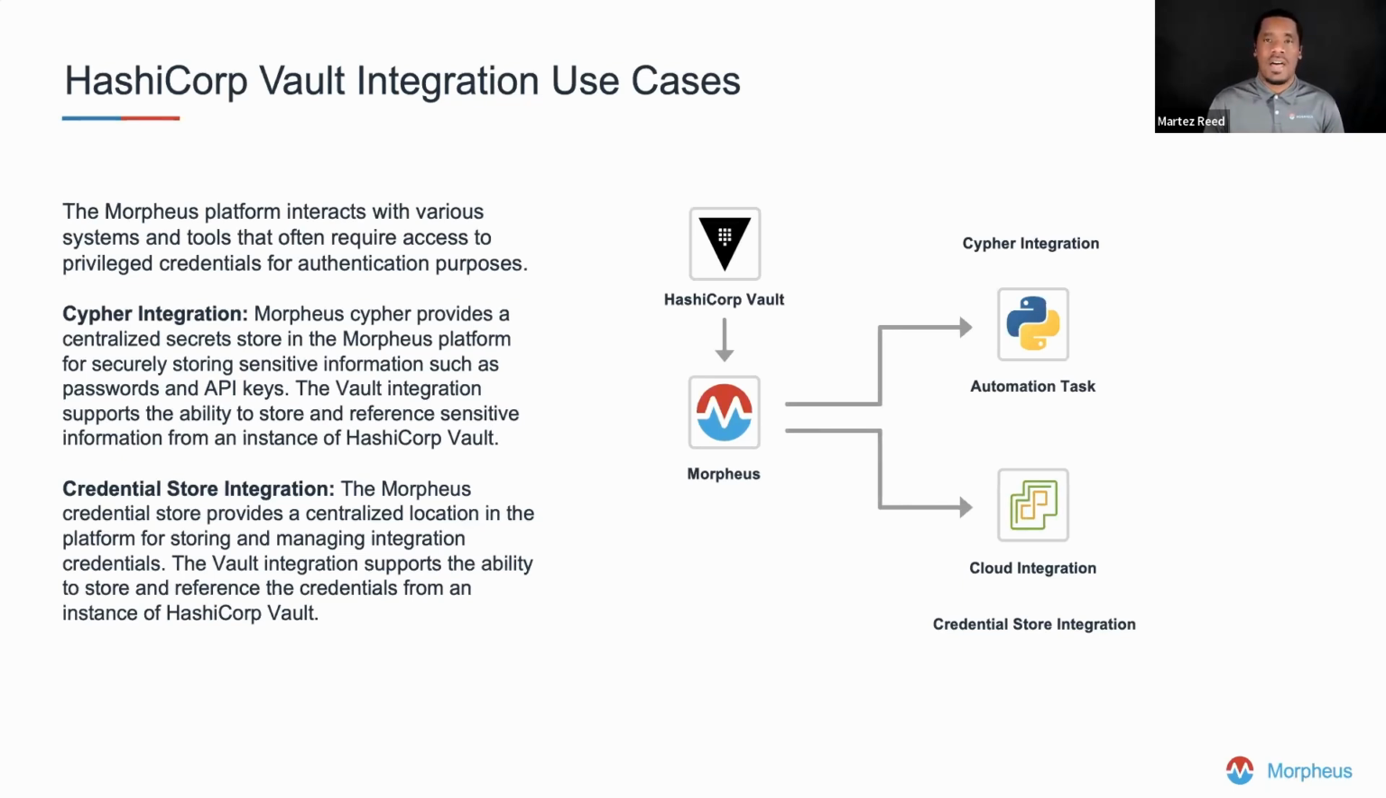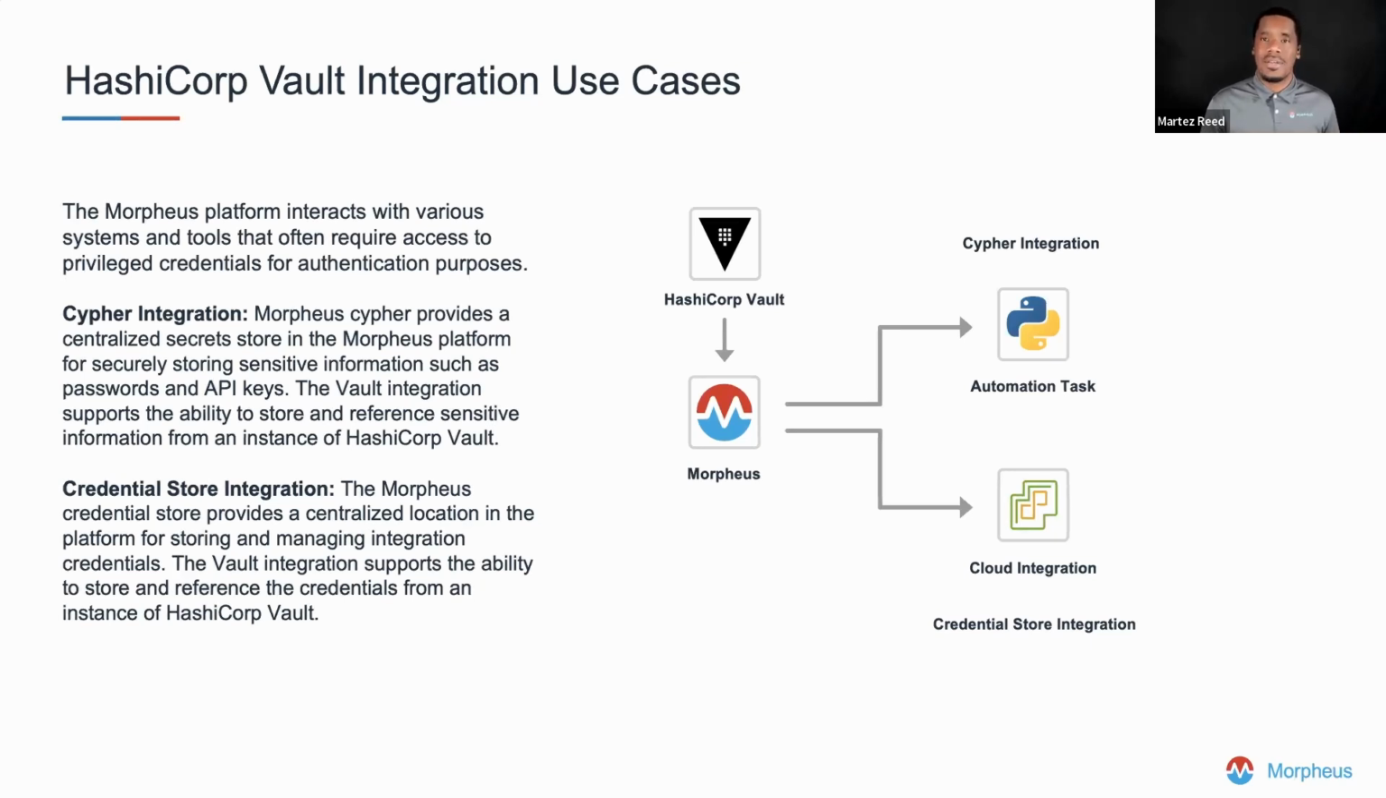Out of the box, the Morpheus platform does include a native secrets management capability known as Cypher. This integration allows the platform to essentially proxy or reference sensitive information from HashiCorp Vault to be utilized and leveraged in the various different areas of the platform in which Cypher is natively integrated. As an example, the Morpheus platform allows automation tasks within the platform to reference sensitive information stored in Cypher. As an example, if I wanted to leverage an